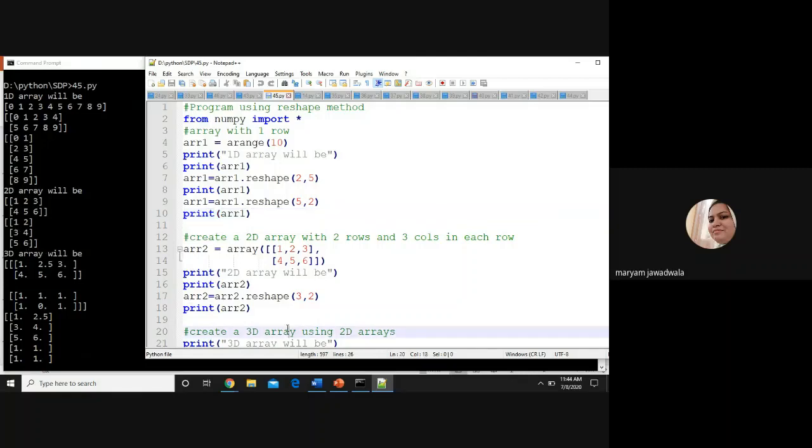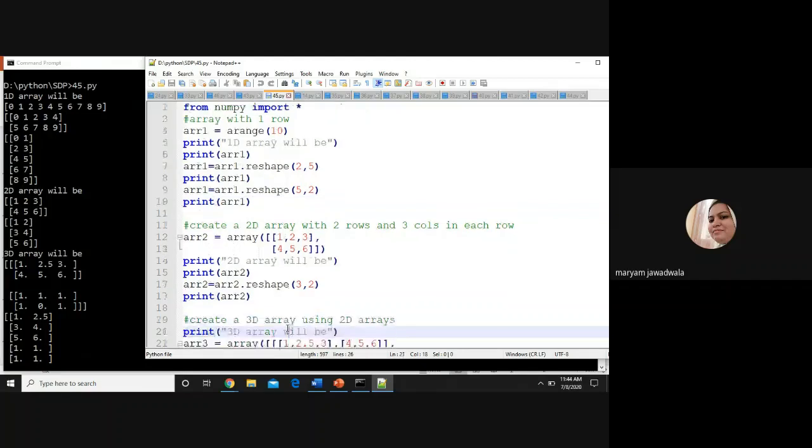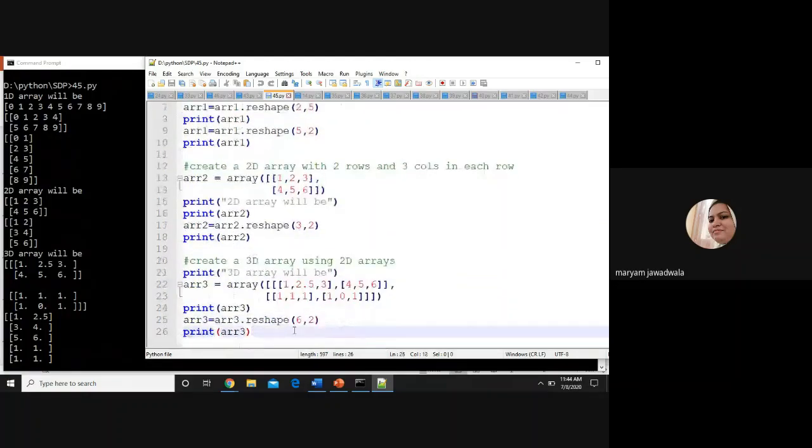Right? Now next, I write one 3D array over here with two 2D arrays, right? And how many elements are there in total? 12 elements are there, and I'm using the reshape method over here on the 3D array, and 6, 2 means my 3D array is converted into a 2D array, right?